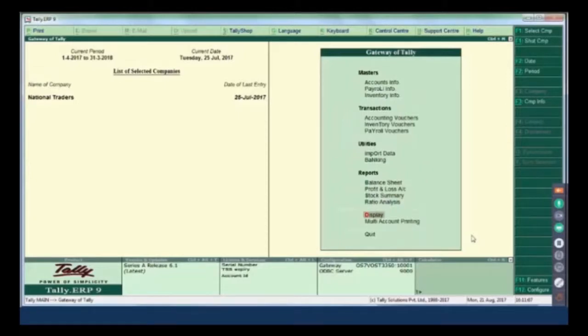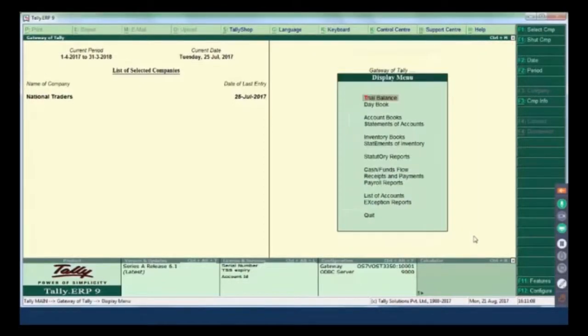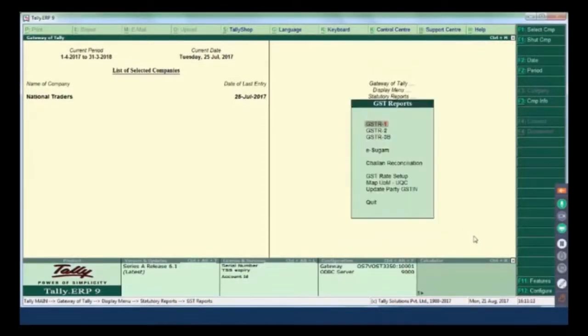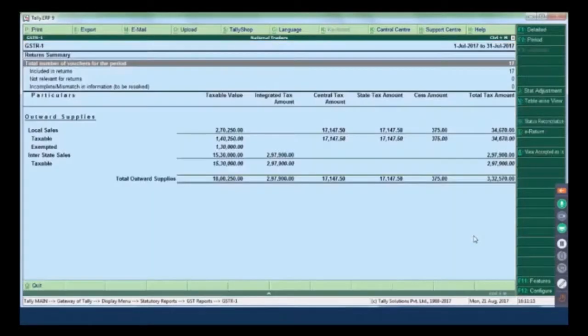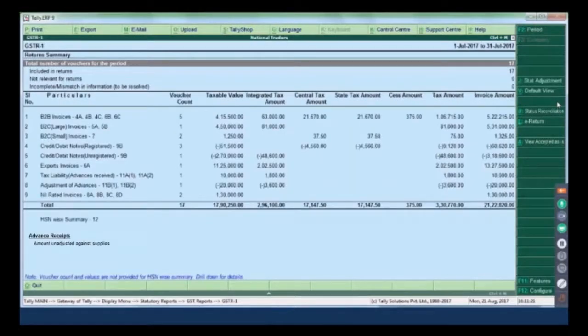National Traders is a company located in Karnataka state and they are completely ready with the GST transactions, that is all the GST sales done during July month, and now ready to file their GSTR-1. So we will navigate from Gateway of Tally, Display, Statutory Reports, GST, GSTR-1. We will view the table-wise view as prescribed by the department. So here you can see Tally Release 6.1 showing you GSTR-1, the latest format as prescribed by GSTN, with